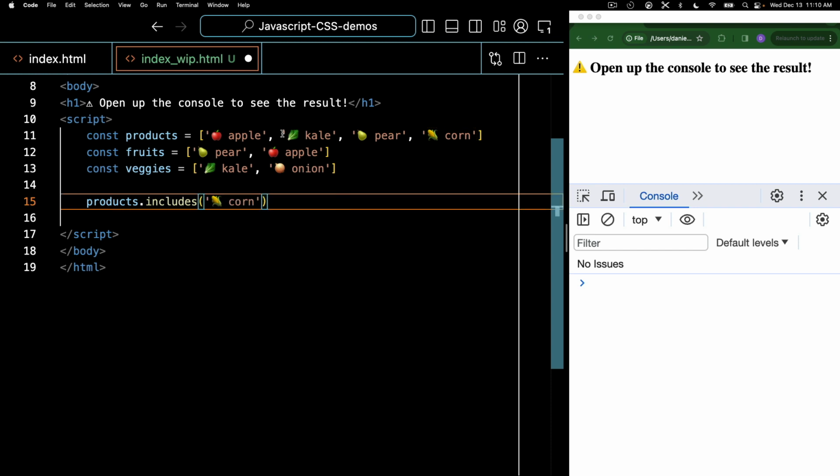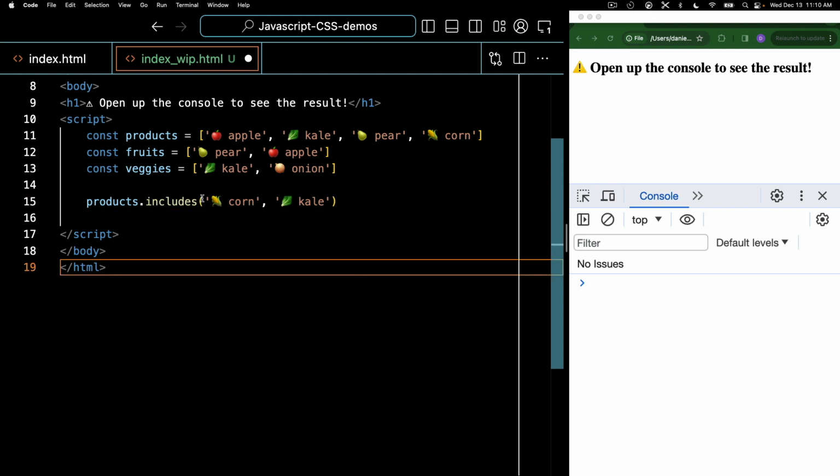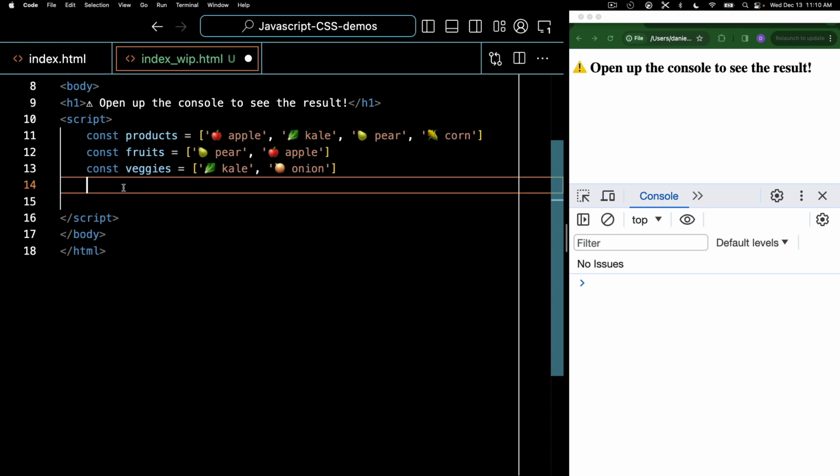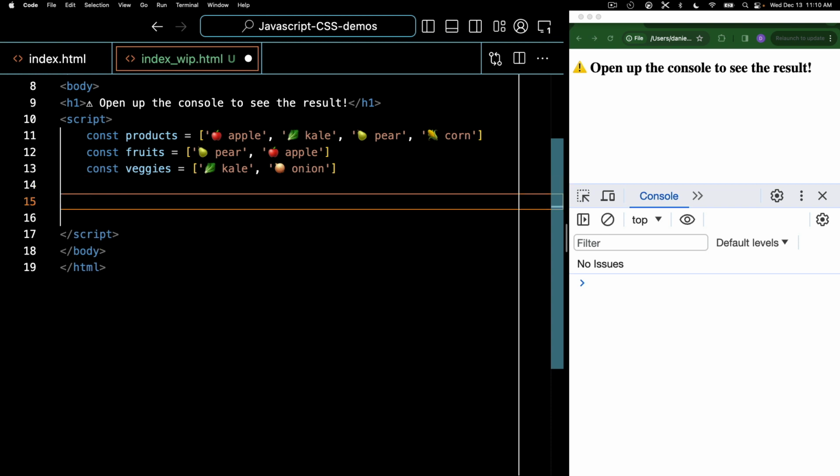But what if we want to check for multiple things? For example, both for corn and kale. This will not work. As it is right now, this will not work. And the same will happen even if we try here to pass it, instead of multiple items, an array. The same thing. This will not work. But luckily, we can easily simulate this by using the includes function and two other functions